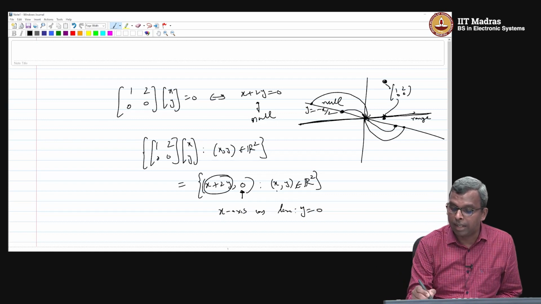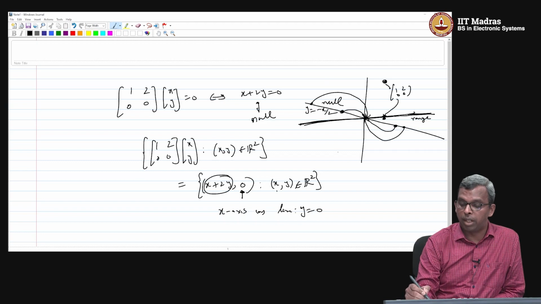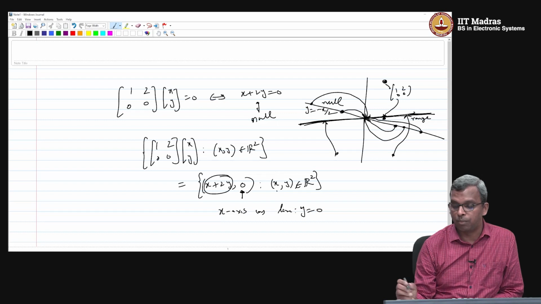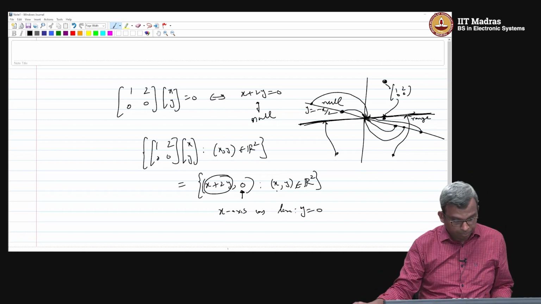The range is the x-axis, okay. Any point will come to the range, okay. So if you're here, you will come to the range. If you're here, you will come to the range, okay. If you end up on the null line, you will go to the origin, okay. So this is the way to picture it,